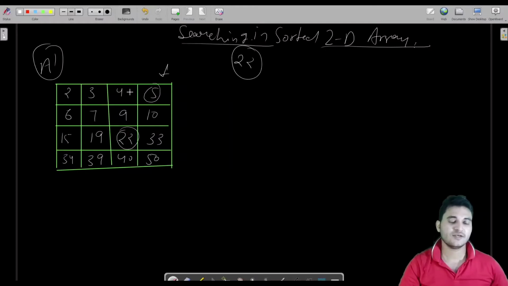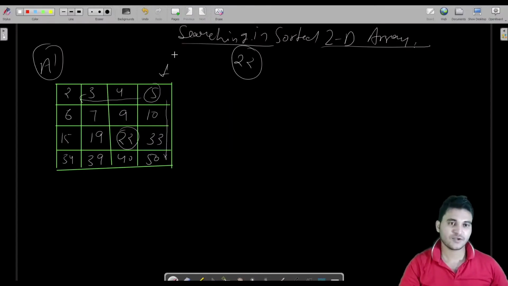All the elements to the left of this will be lesser than this, because the elements are sorted in ascending order column wise also. So 5 will always be greater than its left element. And there is also another property: 5 will always be lesser than the elements on the bottom of this, or in the column wise, in increasing order of course.